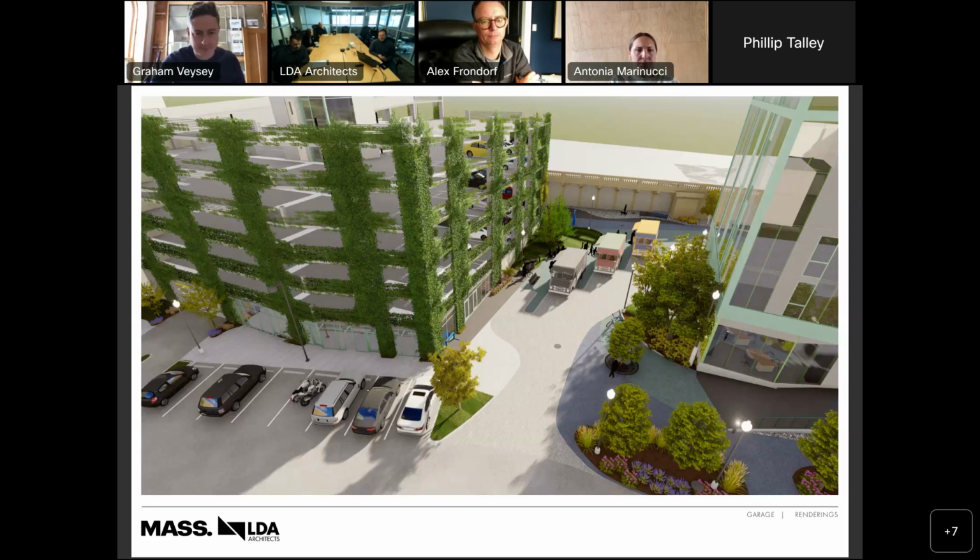And the beauty of a landscape solution is it only gets better in time. When you do something that's architectural and you put a material on a building, that material doesn't look as good over time. I mean, we're not going to clad it in copper or something like that. So this is going to just get better and better and better. And in 10 years and in 15 years, you're going to think this is amazing. So you've got to think of a landscape solution as different than an architectural solution. And it grows and it matures and it gets better.